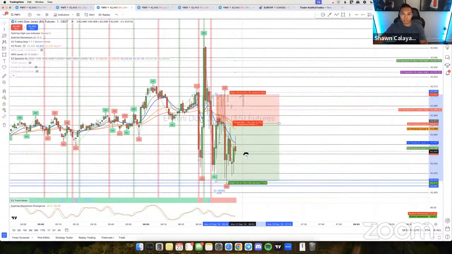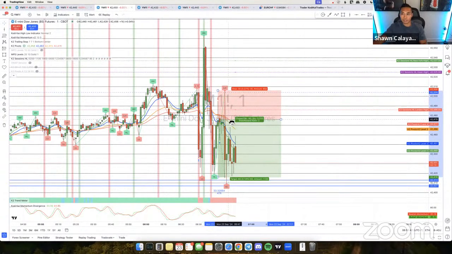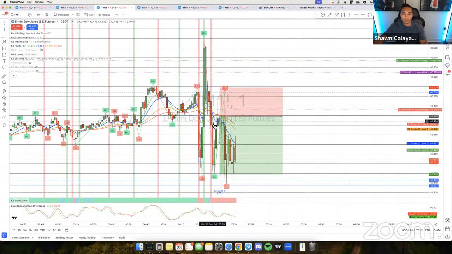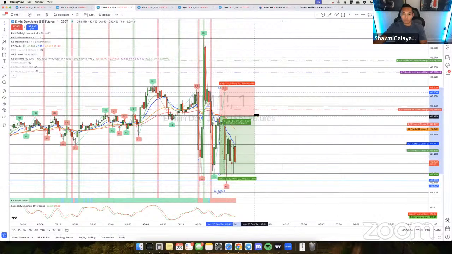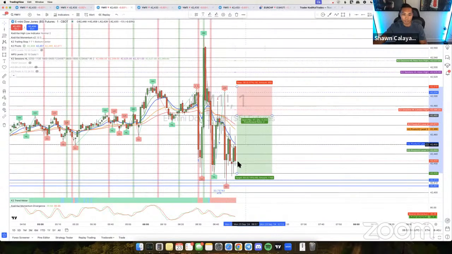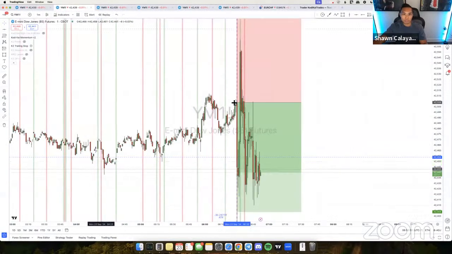So instead of taking like 6 entries here back and forth, I would just take 1 big one and then hold on to it basically. I think it works out better that way with the current condition of the market. I'm hoping the market stays volatile because if this is the case, then we can just take these pretty much every day.